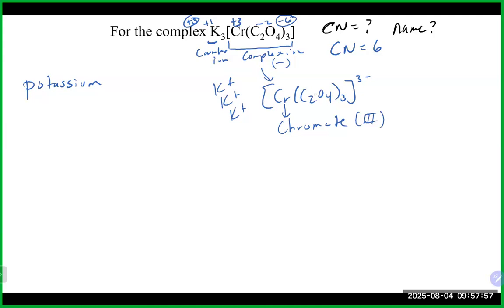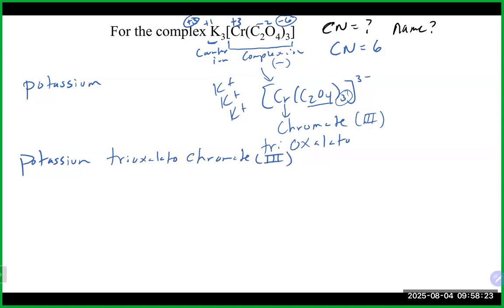We have oxalate here, which is oxalato. And in this particular case, we have 3 of them, which is tri. And we can now put everything together. This would be potassium trioxalato chromate